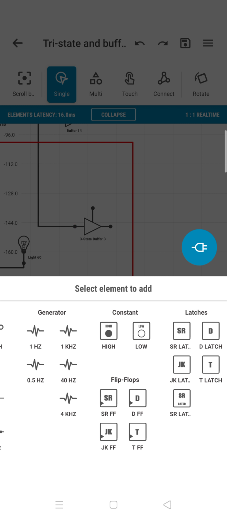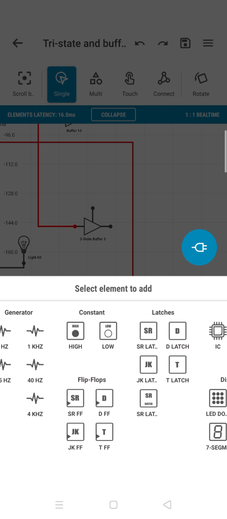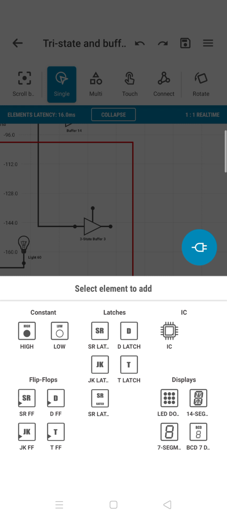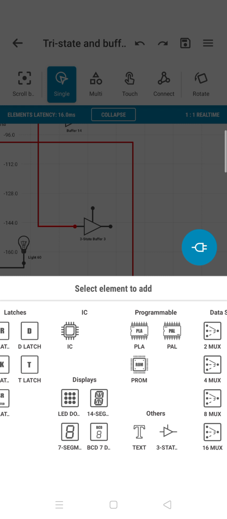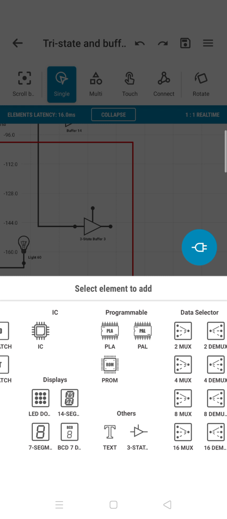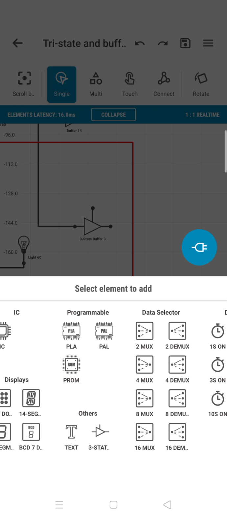You can build an SR flip flop, a D flip flop, a T flip flop, an SR latch. All these things can be built by this tri-state device, including the binary coded decimal LEDs and other things. PAL is also a huge number of tri-state devices. It is a cluster of tri-state devices. That's all. So PAL and other things are all clusters of tri-state devices. Now MUX and DMUX are also a kind of tri-state device. So don't think MUX is a different kind of thing; it can be built in a tri-state way.